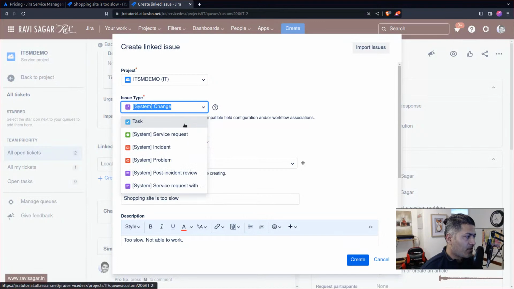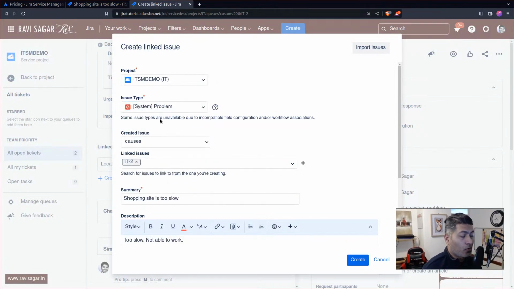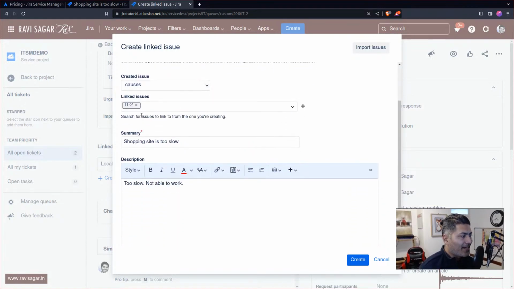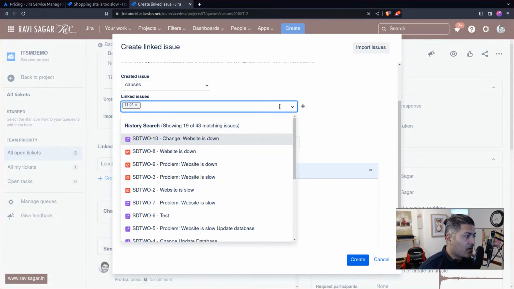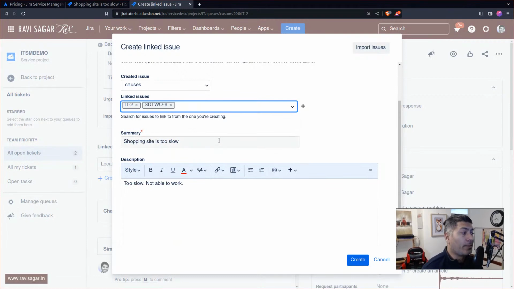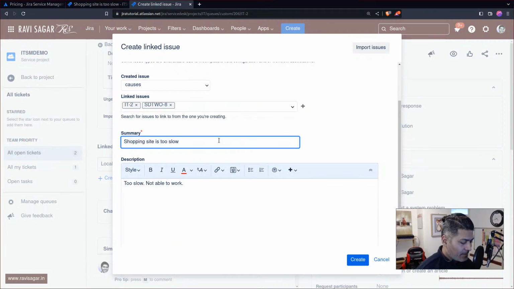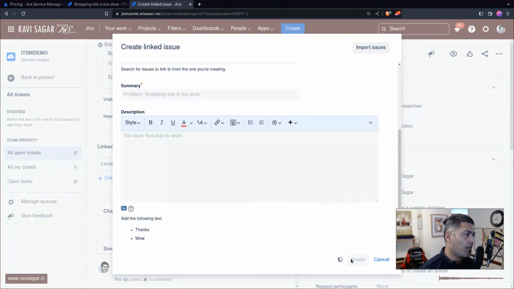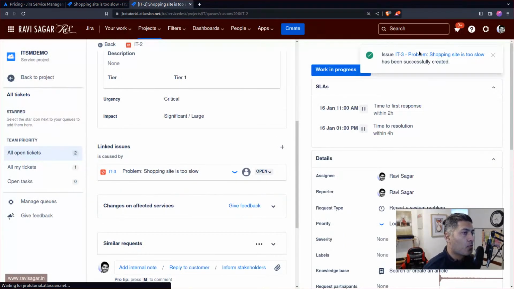So when you create a new problem, you can select from the list here that, okay, I want to report or raise a new problem. And there is, of course, this link. And at the same time, you may want to also select other issues. You can have multiple incidents basically from multiple projects or maybe in the same project. And this will pre-fill some of the information for you, but you can also have something like problem. So this is definitely a problem. And I want to have this summary so that I can recognize it easily. So let us create a new problem and let us look at what this problem